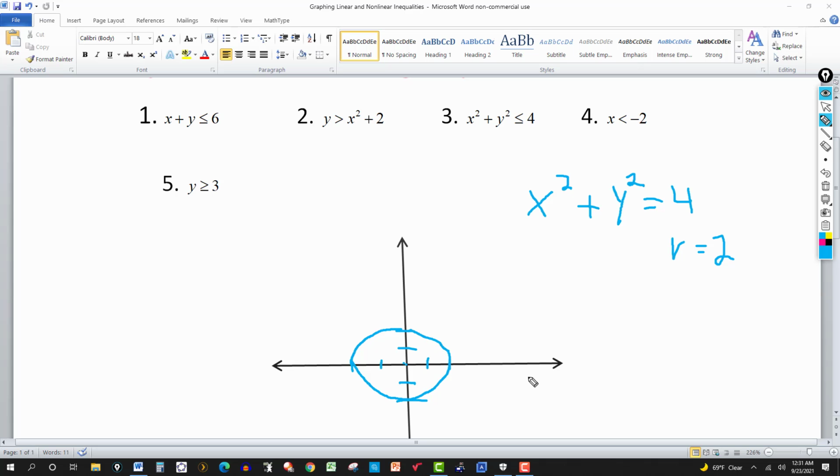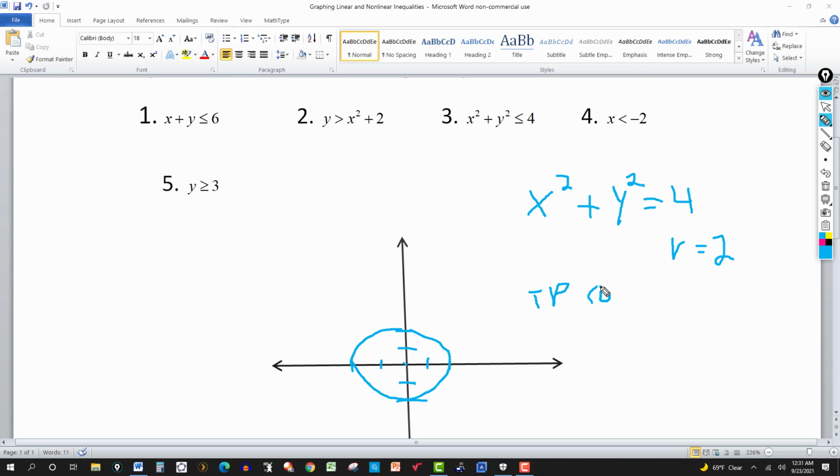And then you just pick a test point. You can pick a test point inside the circle or outside the circle. You can pick 0, 3, or 3, 0. Again, I'm just going to pick the easiest one, 0, 0. Yes, you want something that's either inside or outside the circle. So my test point will be